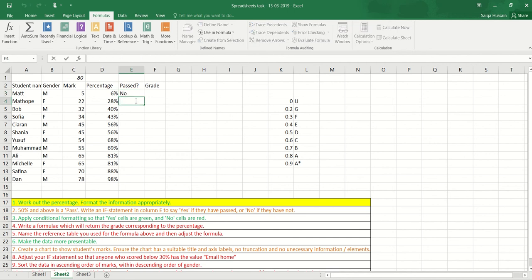Let me repeat that one more time, by just typing it here. So equals IF, and then you open bracket, if this value is more than or equals to 50%, or 0.5 is the same thing, I'm just going to say 50%. You have to do the more than sign before the equals. You can't do equals more than. So if D4 is more than or equals to 50%, then, so you have to do a comma,